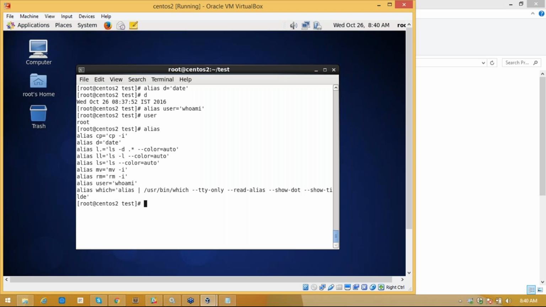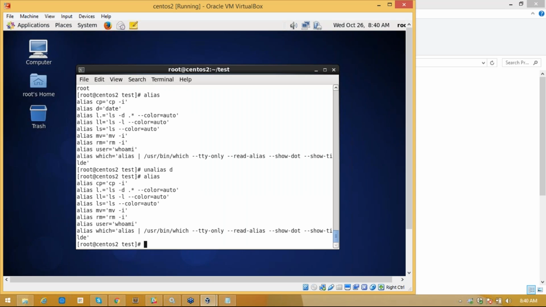I say unalias d. Now you can run alias. Is there any d? No, d is deleted now. Previously, whenever we said d, it printed the date command. Now that is deleted.